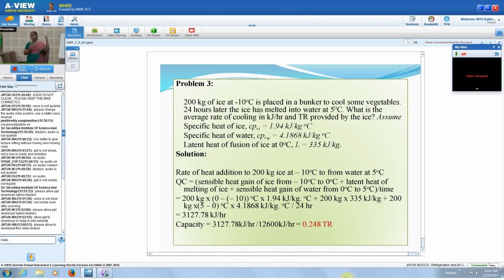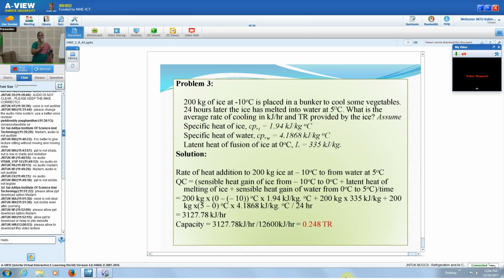Only that is the difference between the previous one and this one, because ice is to be formed at minus 10 degrees centigrade, whereas in the previous problem the ice is required at 0 degree centigrade. Then you find out the capacity,